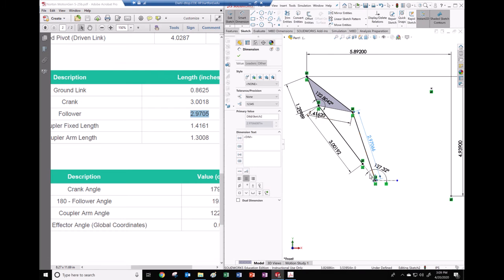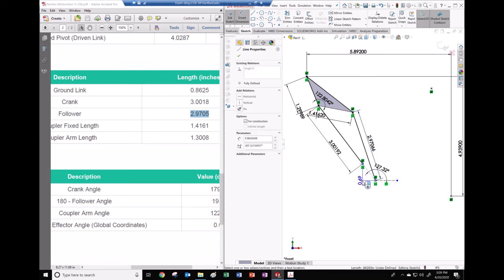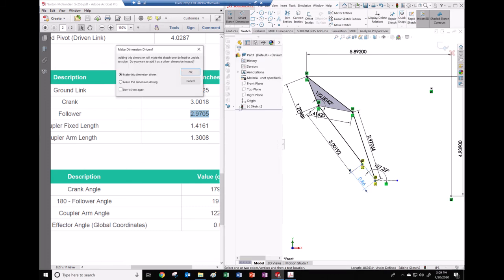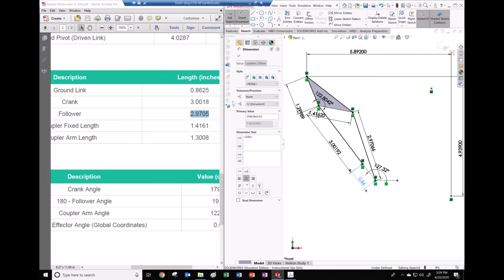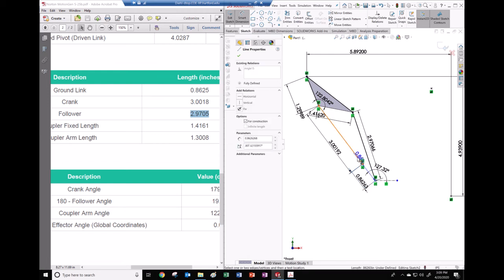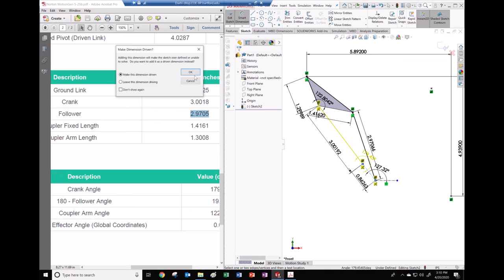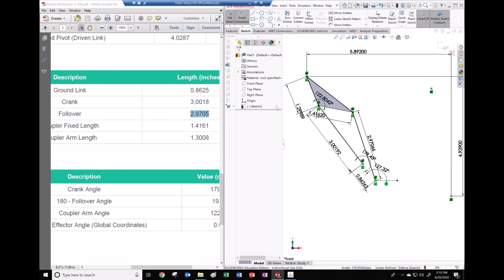And then lastly, we want this ground link right here, right? Well, not lastly, I got a couple other things I want. That's going to be, yeah, 0.8625 according to this. This gave me 0.8626. That's good. Now I want this link and that link, and I want that angle. There you go. There's the all-important 179. Boom. Right? With that driven,